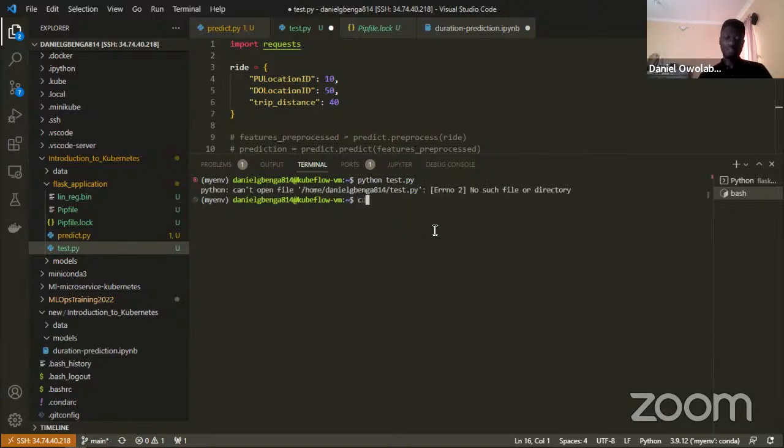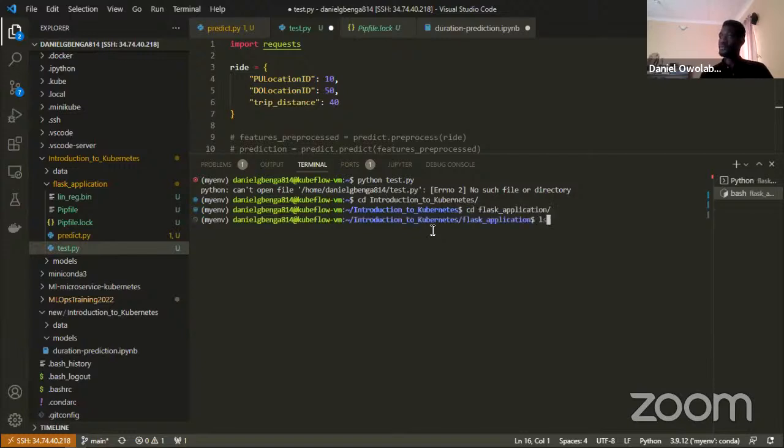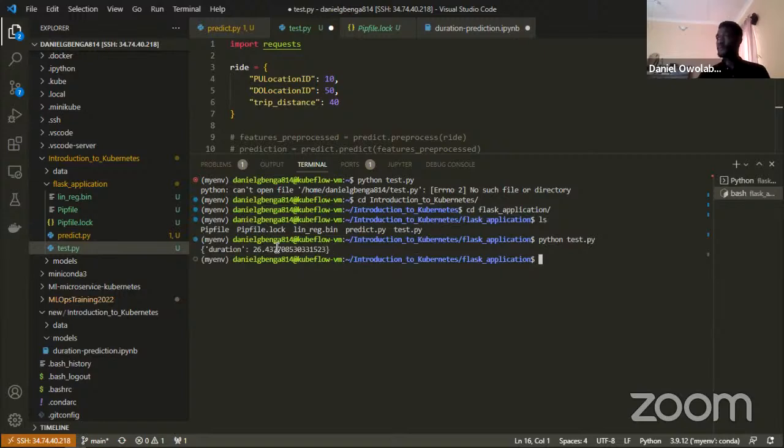I'm not in that directory. Change directory, introduction, right? Change directory, Flask. I think it's called flask application, right? Okay. And then I can say Python test.py. Yeah, there. That is what we were expecting for it to predict, send us that JSON prediction. So now that we have confirmed that this is working,